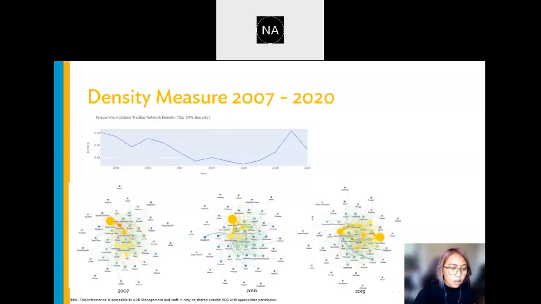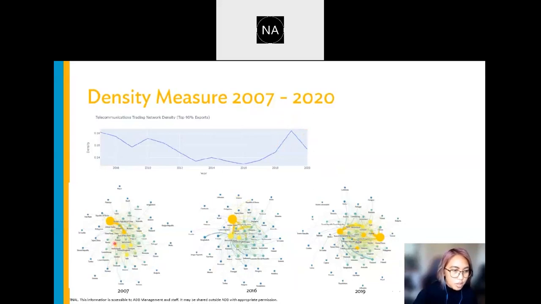So a higher density means that your economies are more connected to each other. So they are trading with a lot of other economies compared to, say, a lower